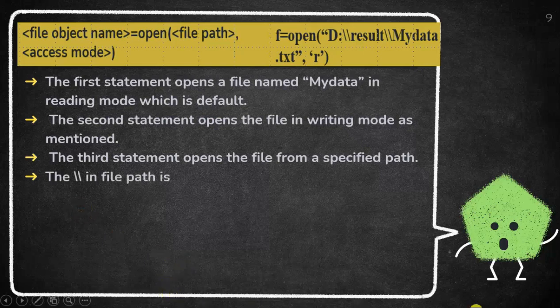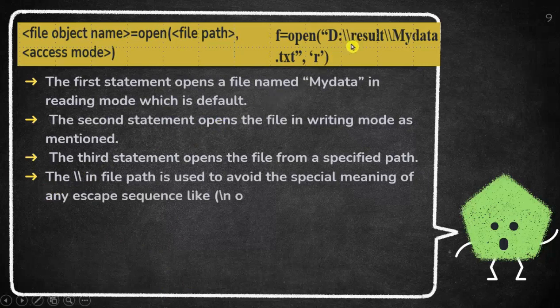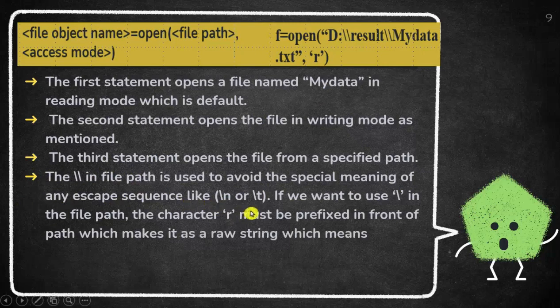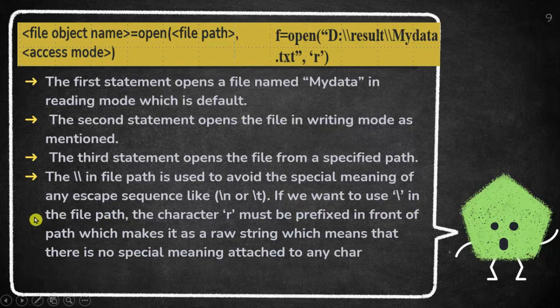Now the main point you need to understand here is that you can see I have written a double slash. Why am I writing a double slash here? The double slash in Python is used to avoid the special meaning of any escape sequence like \n or \t. If we want to use a slash in the file path, the character r must be prefixed in front of the path, which makes it a raw string, which means that there is no special meaning attached to any character. So here, whenever you write the path, you have to take care that you cannot write a single backslash here,